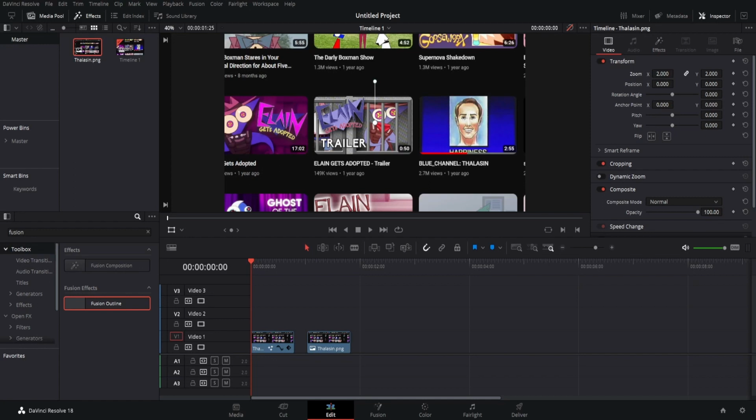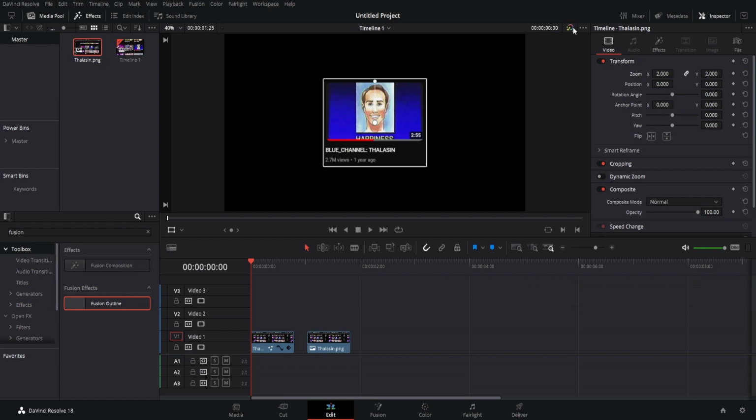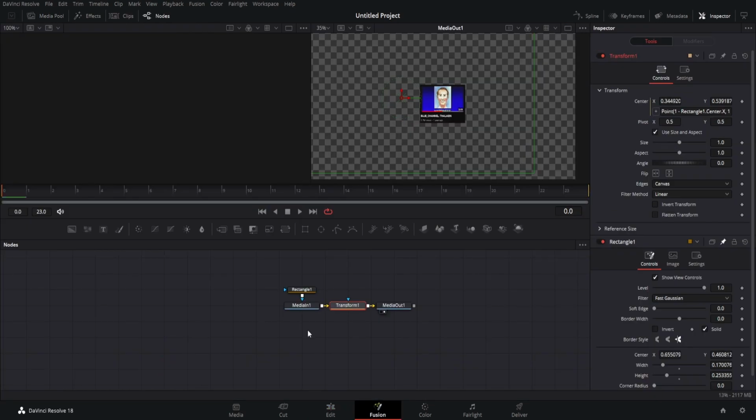Hello everyone, today we're gonna mask an image on Resolve and actually center it perfectly, because it's quite difficult to do on the edit page. We're gonna do it just like this. As you can see, I'm gonna take this thumbnail here, the blue channel thalassin, and center it like that. It's perfectly centered. We're gonna use Fusion for that,